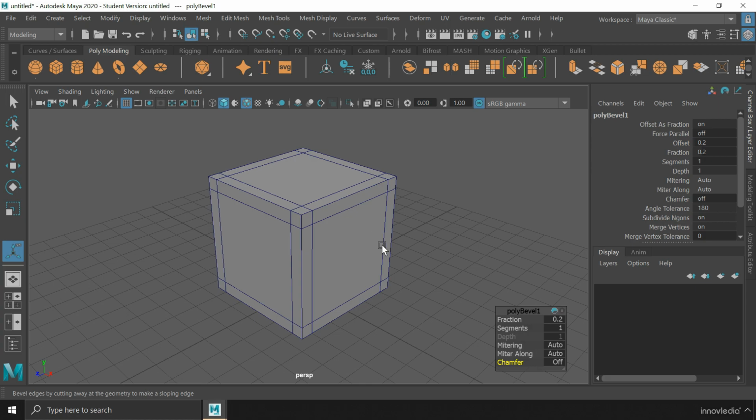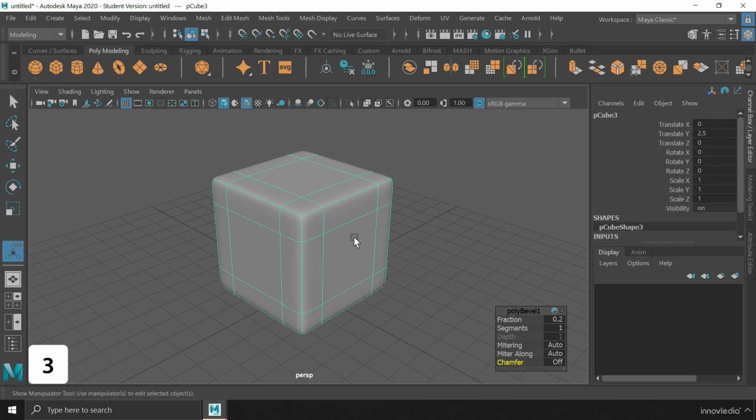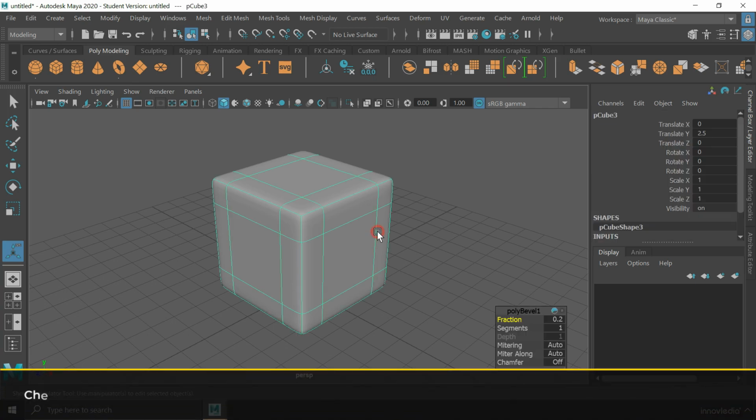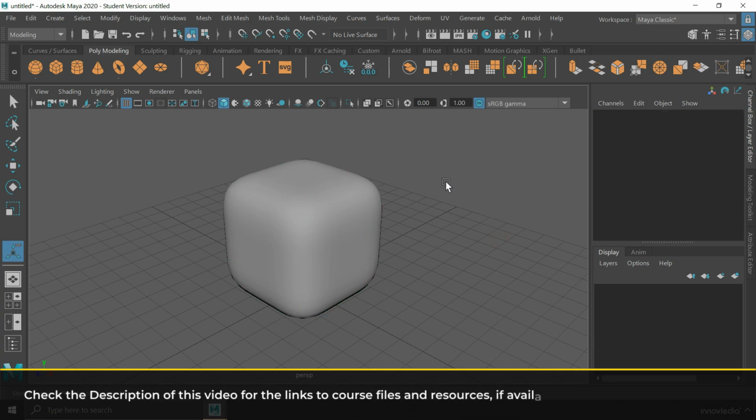But that is useful when you are going to use smoothing, like pressing number 3. This will definitely produce the result of bevel. You can clearly observe the rounded corners here. This roundness can be controlled using the fraction attribute in bevel. Alright? So this is how we can